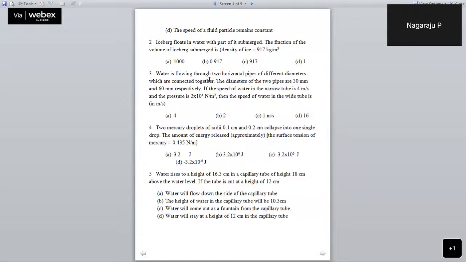And further you have to simplify to find the radius of the bigger one. That you can write as R, capital R, equals 8 plus 1, or 1 plus 8, is 9, to the power of 1 by 3. Similarly, 10 raised to minus 9 becomes 10 raised to minus 3. And therefore, you have cube root of 9, which is almost equal to 2.1. Approximately you can take. That is why even in the question it says approximately.